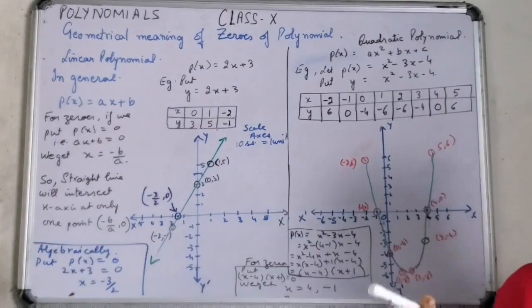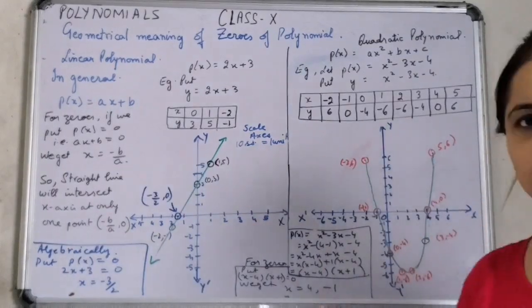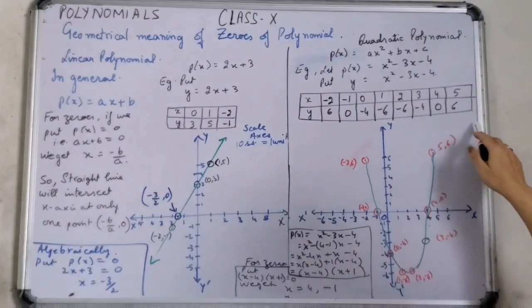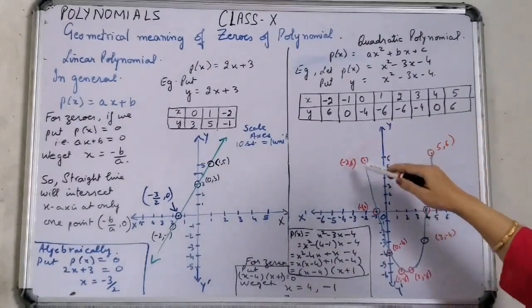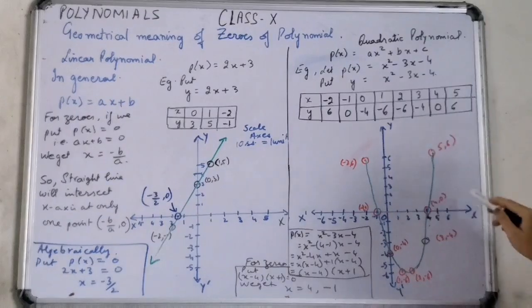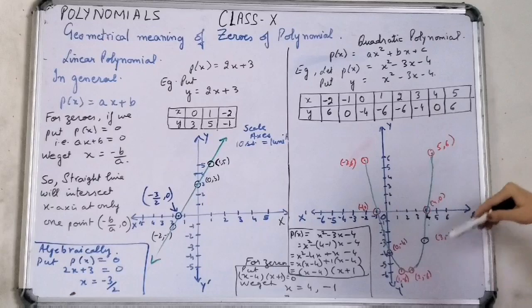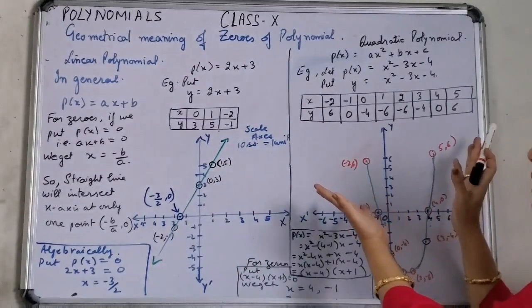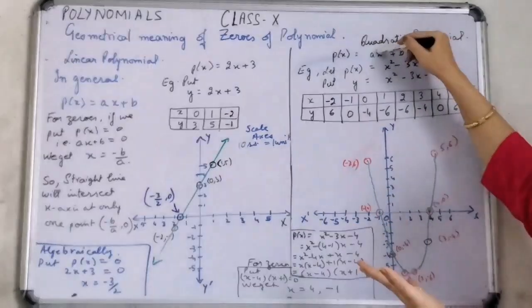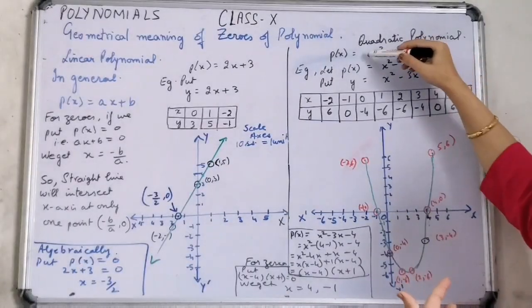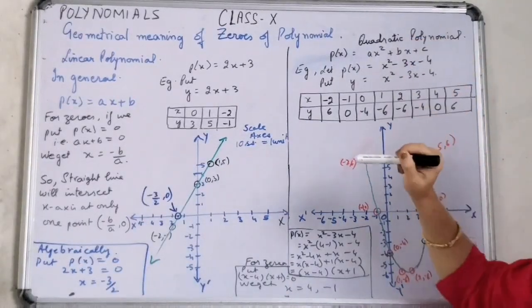Since I was to build up a quadratic polynomial graph, I need a minimum of 7 to 8 values to form the parabola. The geometrical representation of a quadratic polynomial is known as a parabola. Its mouth is open upwards if the coefficient of x² is positive, and its mouth is open downwards if the coefficient of x² is negative. You can keep this in mind.